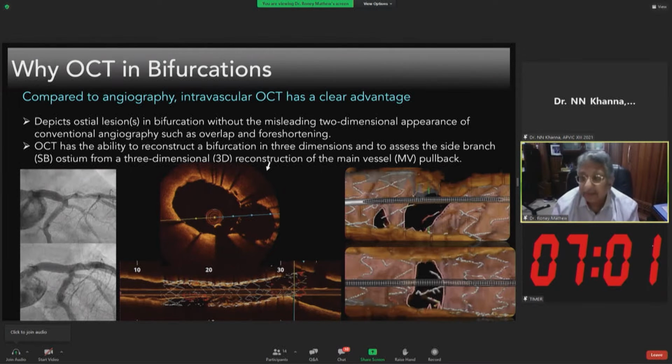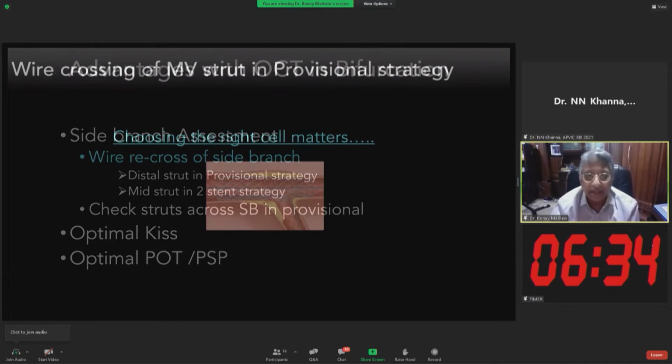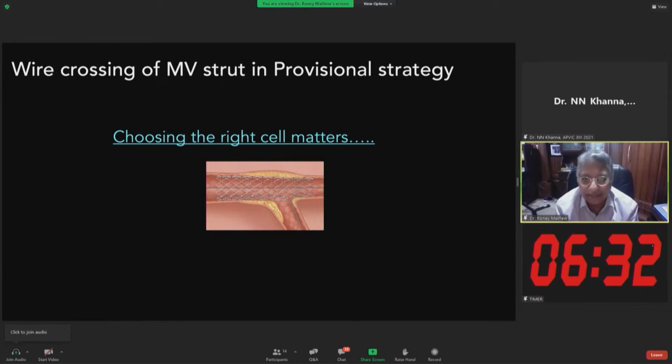In addition, with the 3D OCT, you can assess the side branch ostium from a three-dimensional reconstruction of the main vessel pullback. So of course, there are a lot of key advantages, but I'm going to only speak of one because that's the only time that we have, and that's for the wire recross. Of course, there are a lot of reasons why people think this may not be necessary, but trying to put it very simply, if you've got a provisional strategy with a single crossover stenting, I think choosing the right cell